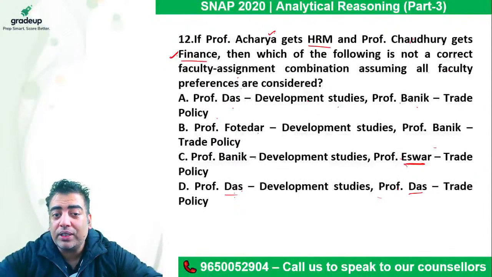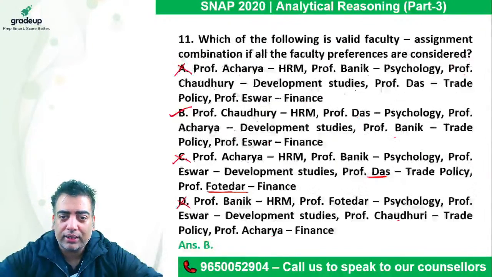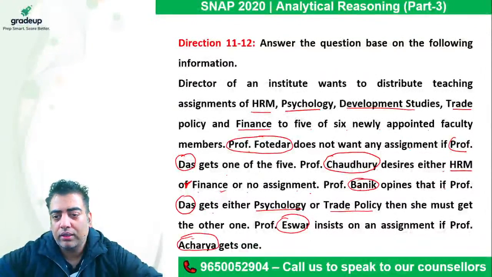We have to find which is not correct. Now we need to find which one is not correct. So we do not know what D was. Right, Aishwarya. So no, here he says Banek